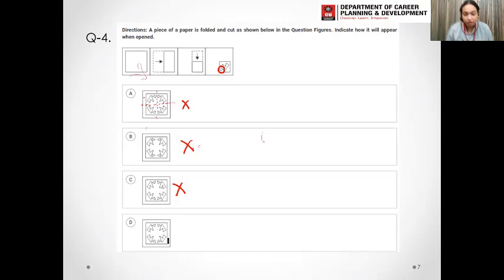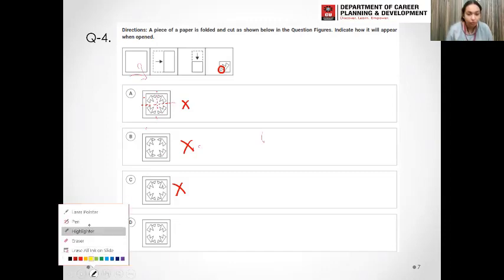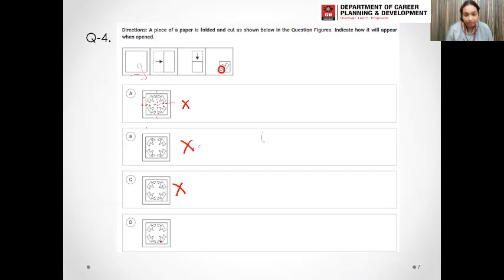Now the only left option is this one, but if you want, you can check that these corners are touching the imaginary line and this line. So is it the water image of this? First check the mirror image. The mirror image is correct. If I check, the water image is also correct. So the answer is this D option.